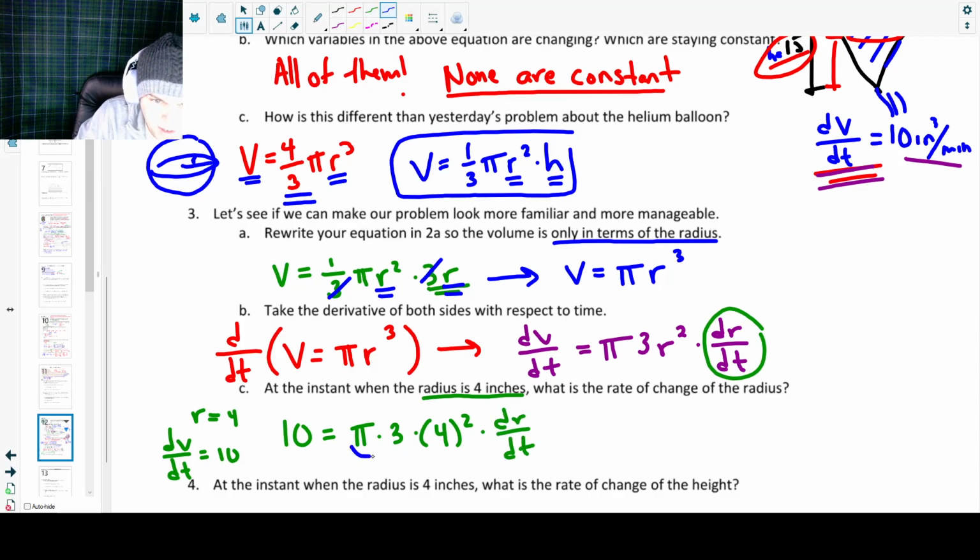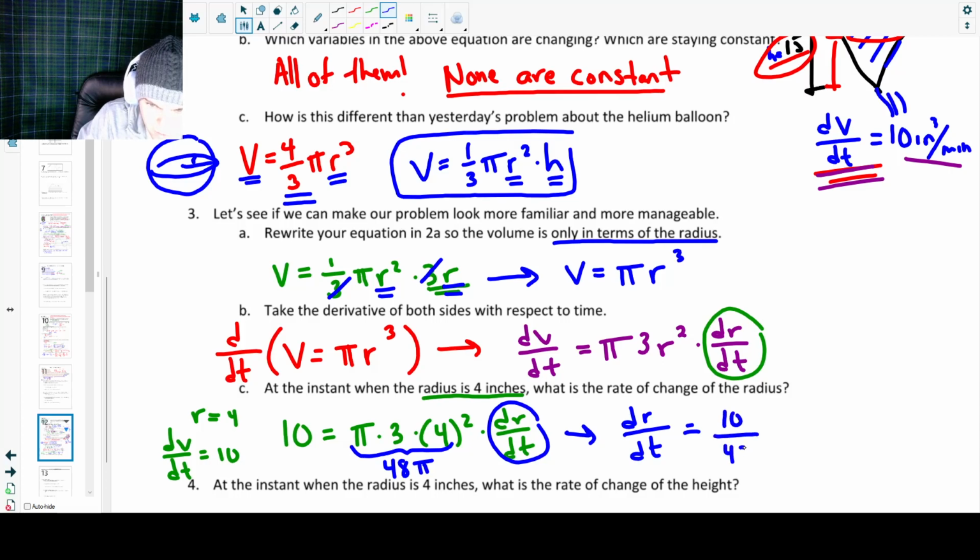All right, this side here can clean up a little bit. If I multiply that all out, we would get 48 pi. And we would want to divide this side of my equation by 48 pi to isolate dr/dt. So we're going to get dr/dt is equal to 10 divided by 48 pi. So 10 over 48 pi. And we could also move forward with that and get a decimal value if we really wanted to. I'll go ahead and do it. Might as well. So I'm going to do this calculation. 10 divided by 48 pi, that's negative 0.066